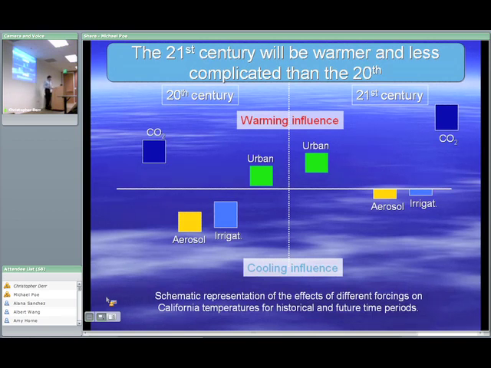Valley. And the other part of it is, as we continue to have water shortages, and those are going to get worse, irrigation, to the extent that it's practiced, is going to have to be practiced in a manner that's more economical with water. We're going to have to be more careful with how we use water. So for those reasons, I think it's clear that these cooling factors are going to become less important. So what I'm saying is greenhouse warming is going to be the dominant climate influence in the 21st century. And in a way that's bad because it's harmful, but for people like me, it's actually nice because, of all of these, it's the one that we actually understand best.